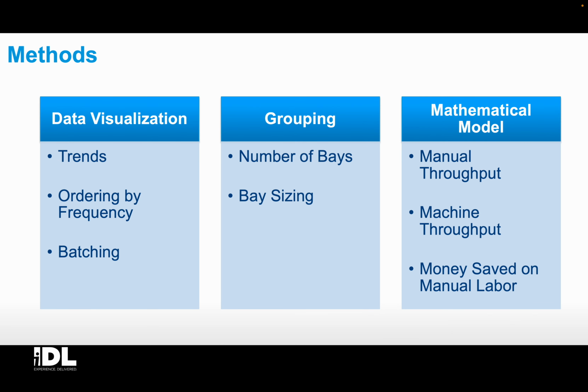We started with data visualization to find the signs we wanted to put on the machine. We ordered the signs by quantity, meaning we found the signs that go to every store in each store network. Once the groups were established, we used them to justify the number of bays the machine should have, along with the size of each bay. After the configuration was established, we found the current labor needed to complete the process and compared it to the labor needed to complete the process with the help of the machine.